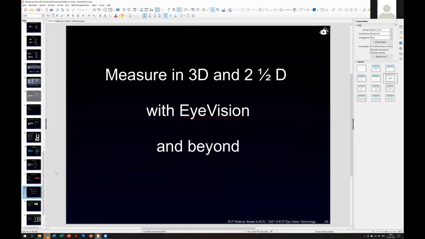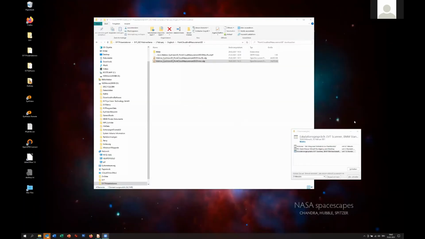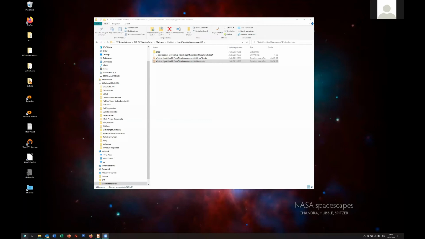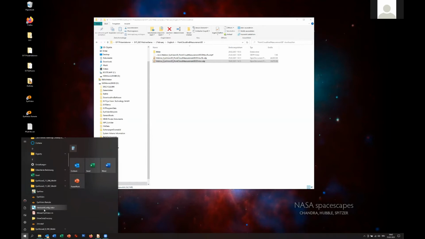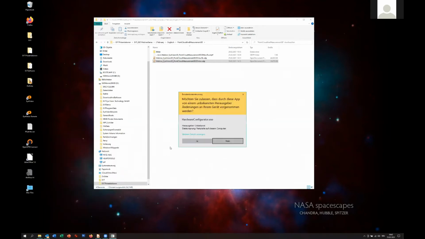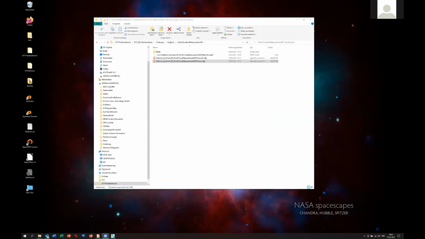And let's say the first step, if you have selected the right hardware, is you install the Ivision software. And after you have installed the Ivision software, the important step would be next. After you installed, you get these two Ivision versions, I will show you in a second what it means. But the first step is always, if you have installed it, you go to the hardware configurator, where you can select